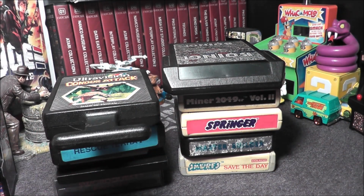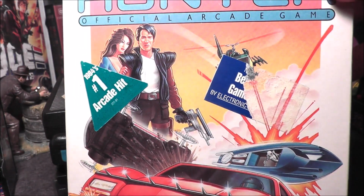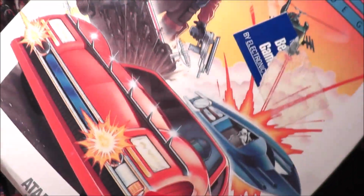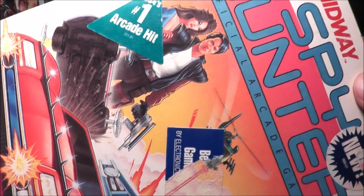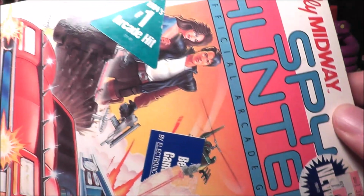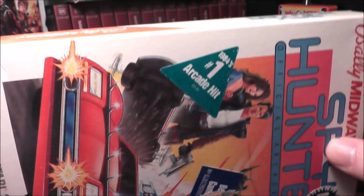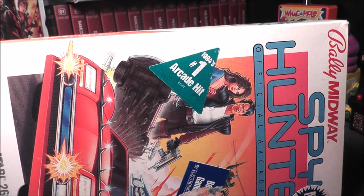All right, so my last game, my most valuable game, is actually a Rarity 6 game, and I'm going to explain why it's the most valuable. And that is Spy Hunter for the 2600. Now, this I have super complete in the box, and I'll explain that in just a minute. So Rarity 6, this game, by itself, if it was just a cartridge, it'd be worth $34. But if you have the box, the manual, and the cartridge, and especially one of the hardest pieces of plastic to find today,